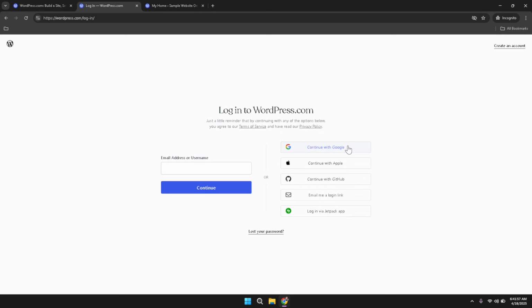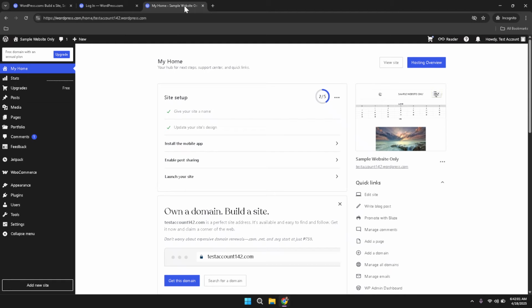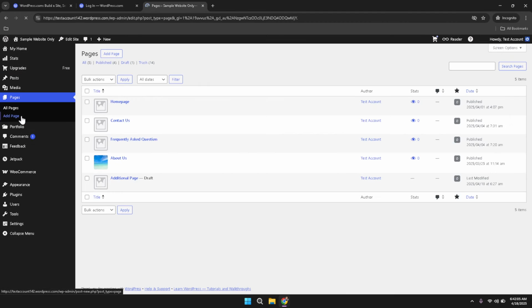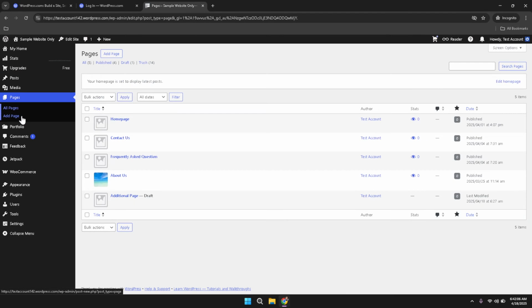process. Once your account has been selected and you are successfully logged in, you will need to navigate to the sections where your pages are managed. Look for the Pages section on your WordPress dashboard. This is a dedicated area where all your website pages are listed and where you can initiate edits or make structural changes. The Pages section is a central feature for anyone looking to manage and maintain the content of their